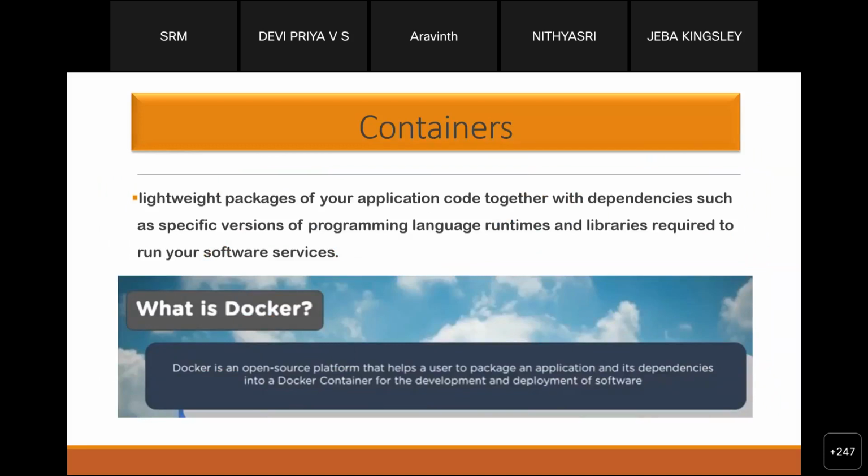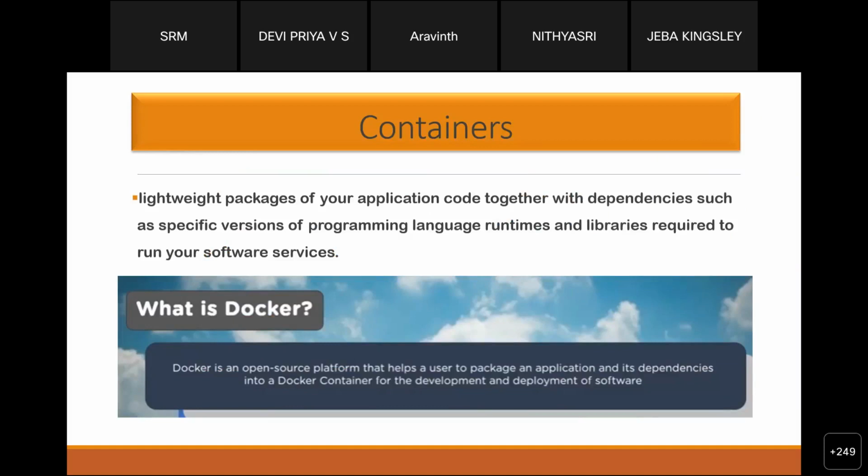Then what is a container? If I am developing an application, I will package my application code along with all the runtime libraries and all the software needed to run the application into a single package. That is called a container.